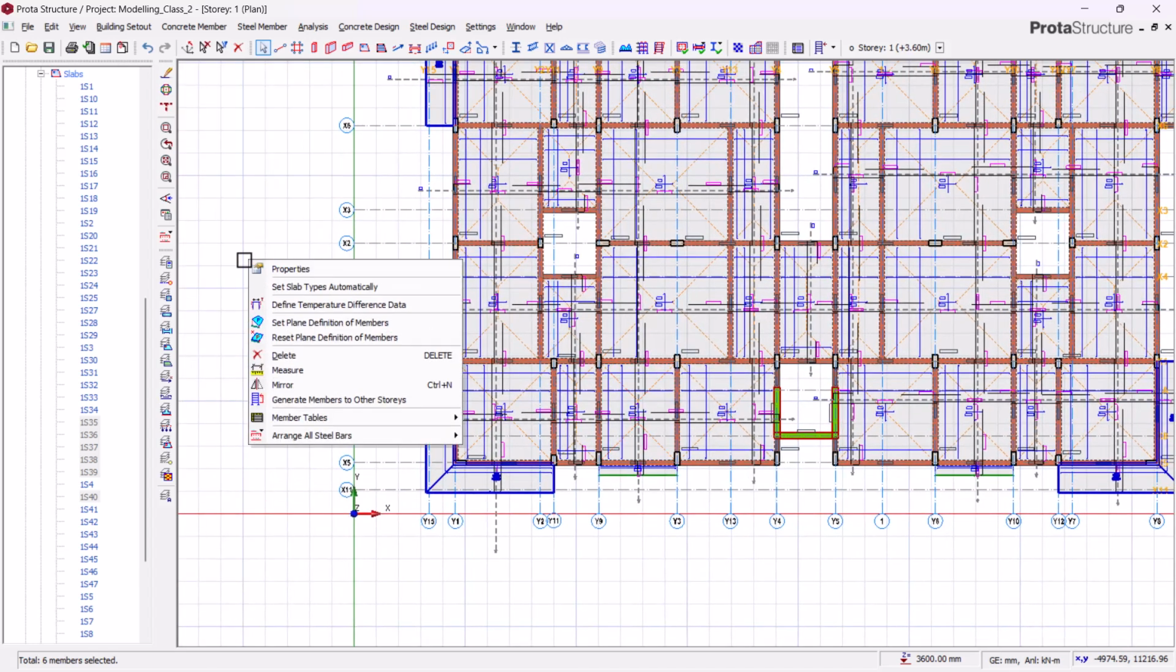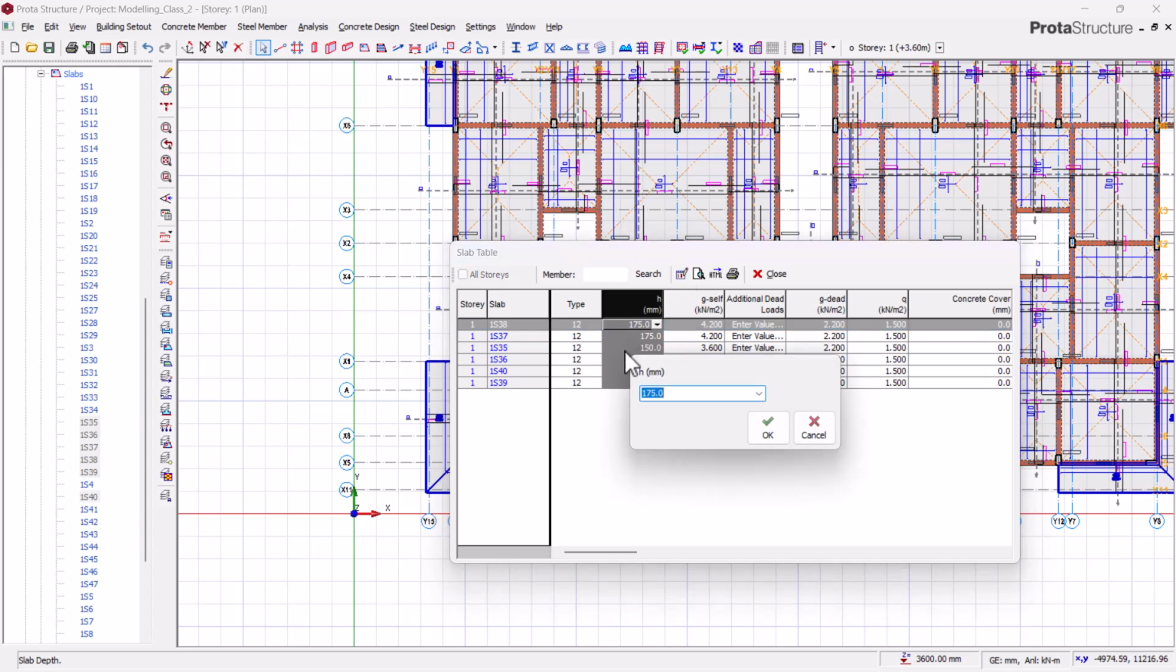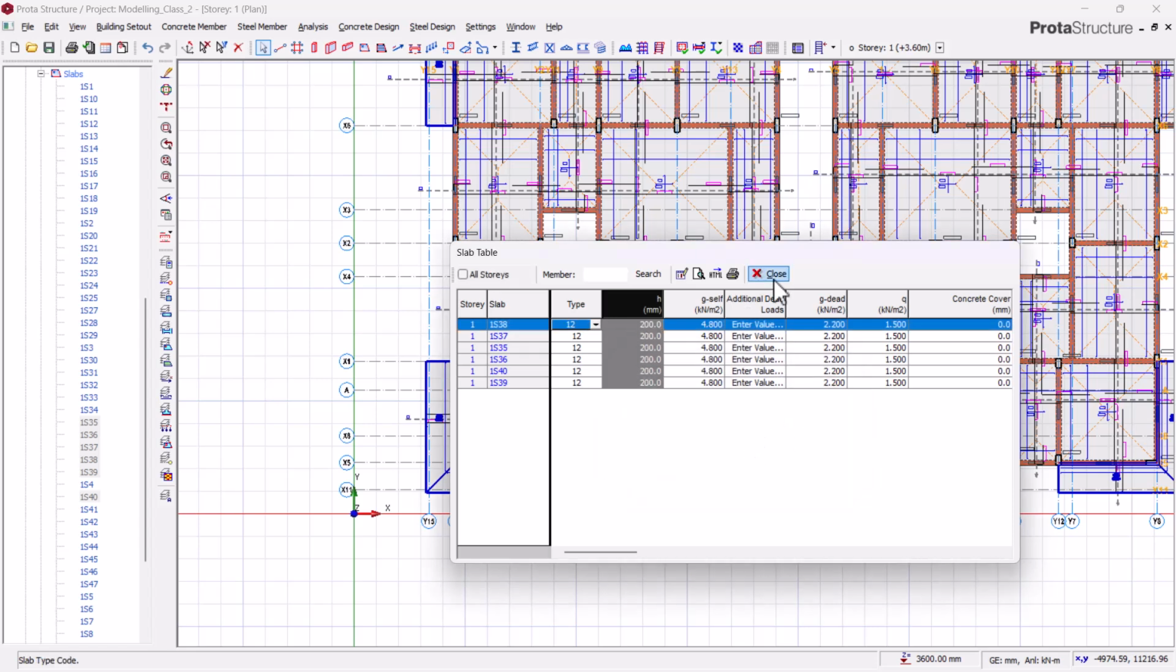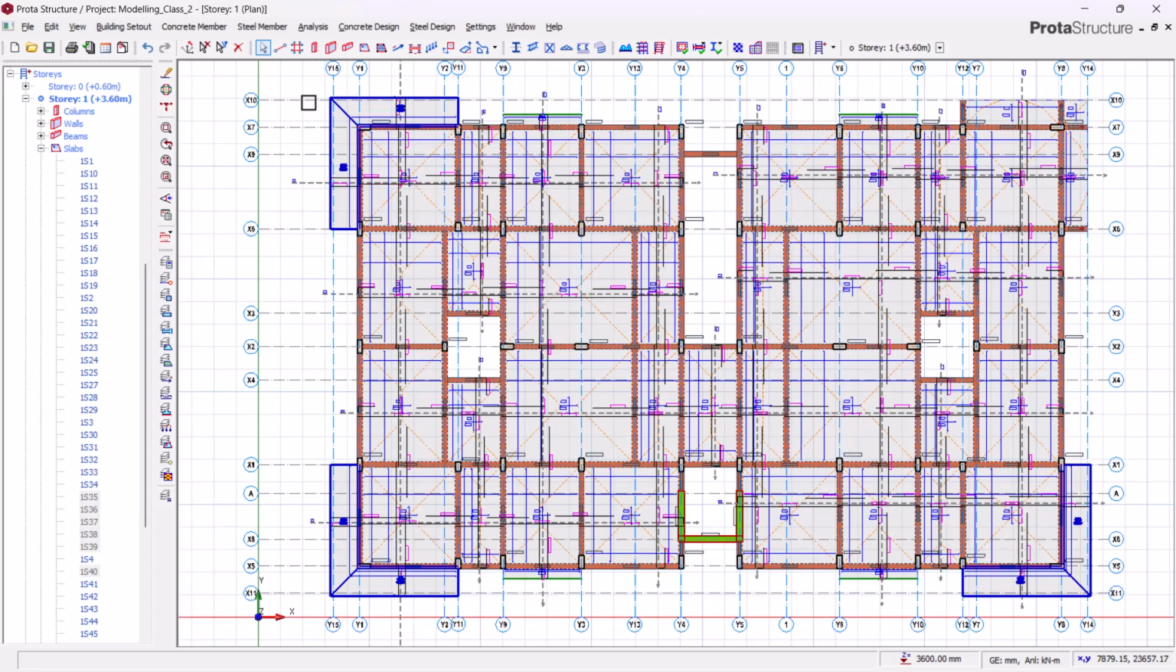So let's come back to properties. Then we'll come here, column wise edit. We change it to 200, okay, and we close this. So we'll edit with this knowledge that we've had. We edit these slabs on every other story. Okay, so we'll come back to,